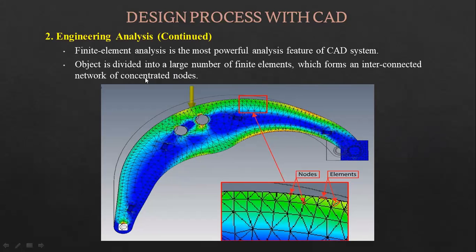So we have these, so each and every node here, as for this case, we are trying to know the displacement or the stress, let's say. If we are looking for displacement, then each and every node will carry its own displacement, and all these displacements will be shown with these color bands, right? So that gives you the idea.